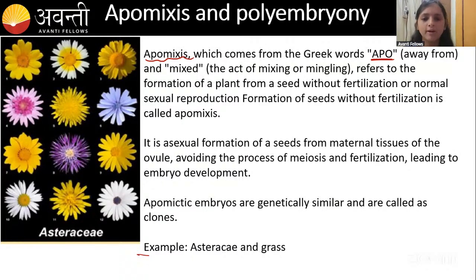But here, asexual reproduction is happening. It is away from the mixing of both parental characters. Here, only one parental character will be there, that is the mother character. So we call it away from the mixed, away from the mingling of both egg and sperm. Let us talk about that. Here in the plants, both the embryo sac and the pollen grain. Apomixis refers to a